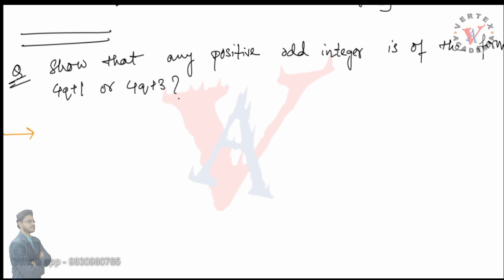So in Euclid's division lemma, we are given a equals bq plus r. Fortunately, in this question we are given the q to be q itself. Here is also q, here this may be a. These are all variables, and in Euclid's division lemma the a, b, q, r may be changed.